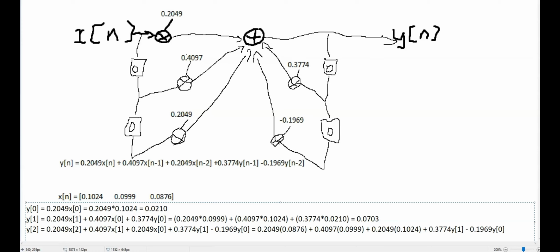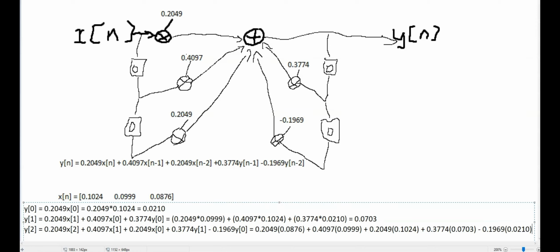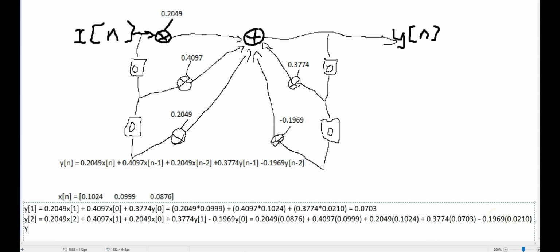And then we have our y side, which is 0.3774 times y of 1, which was 0.0703, minus 0.1969 times y0, which is 0.0210. And then that y2 is going to be equal to